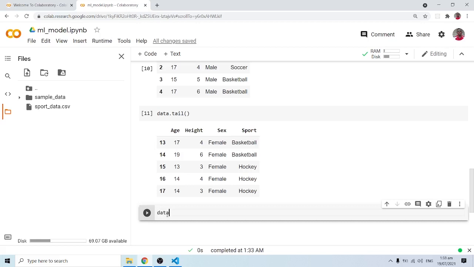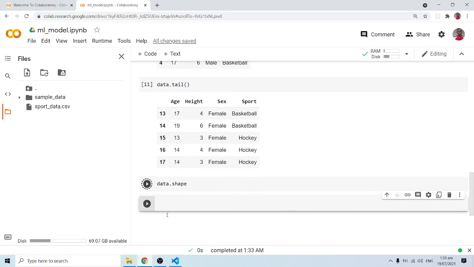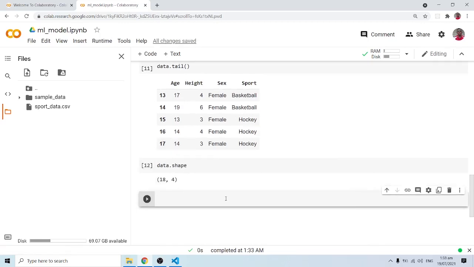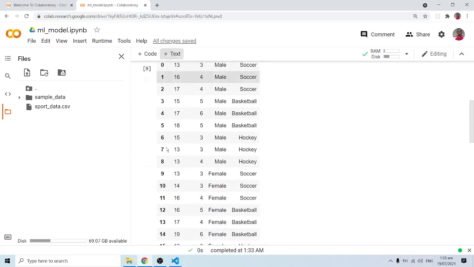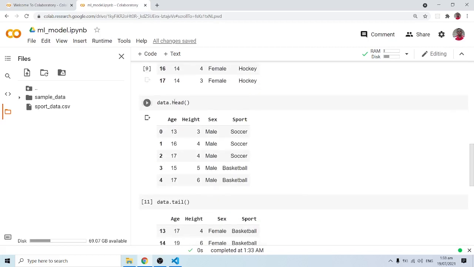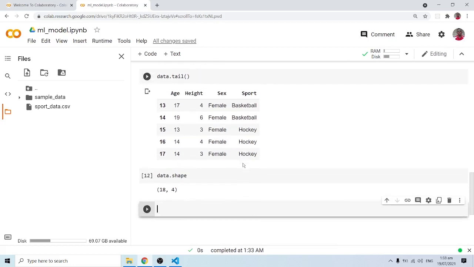So let's do data.shape. When I run this, data.shape shows me the dimensionality of our data set. As you can see, I have 18 rows and 4 columns. These are the 18 rows I spoke about, and the 4 columns are age, height, sex, and sports. So we have that over here. Now let's do